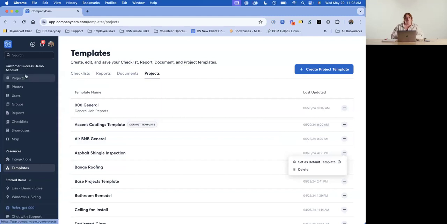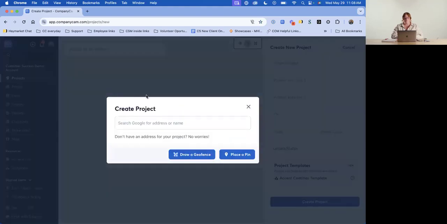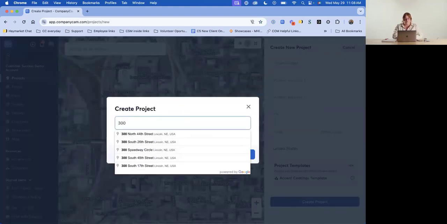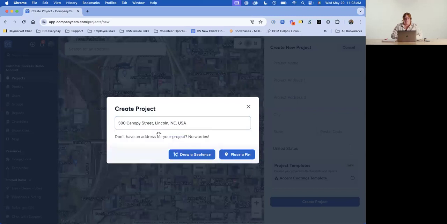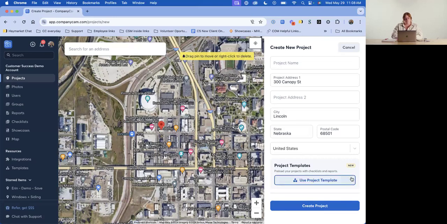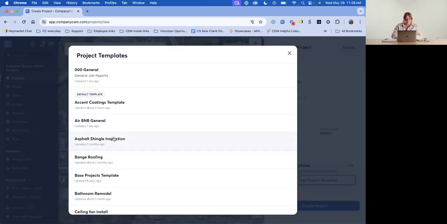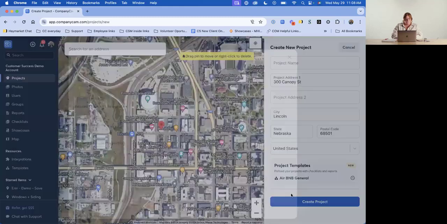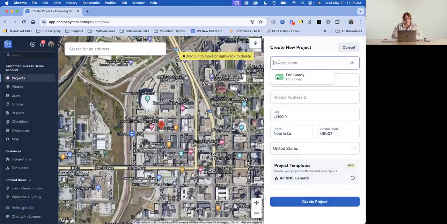So then moving forward, any projects that are created, so we'll start out with a new project here. I'll go ahead and jump to an address. And you'll see as I work on creating this project, we've got our regular project information, but down at the bottom, we've got those project templates. So I've got our template that's set as a default, automatically pulling in here for me. If I needed to change that to a different project template, I could remove this, select a different project template here. And then once I've pulled that in and I create my project here,